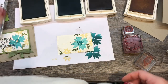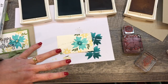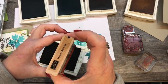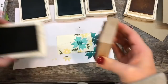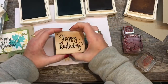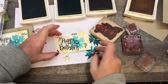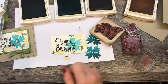And then the last thing that I'm going to do is stamp my happy birthday. Now the happy birthday is from the single stamp called Stylized Birthday. It only comes wood mount, and it's just one single stamp. I love this stamp because it's really big and bold, and it goes great over just about anything. So I'm going to stamp that over off to the side like so. And I probably even could have gone a little further over, because what I want to do right there is put a